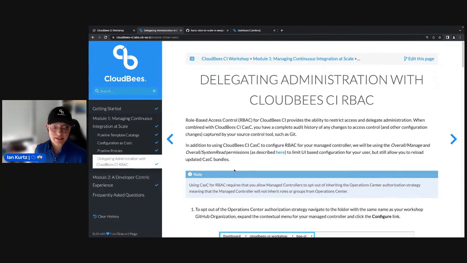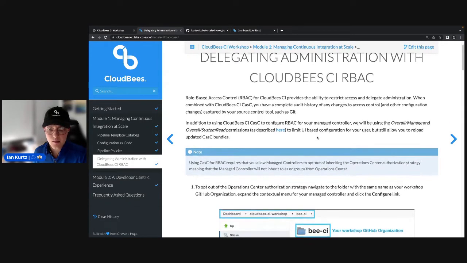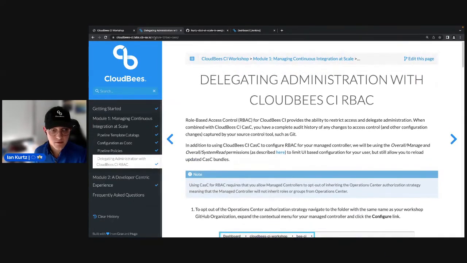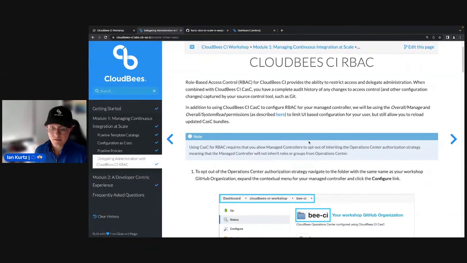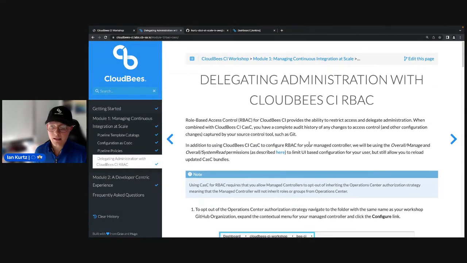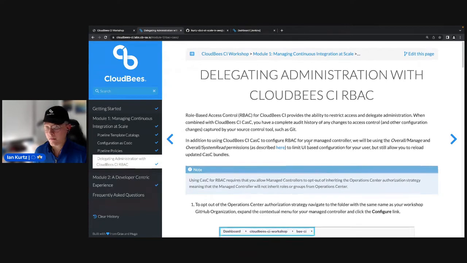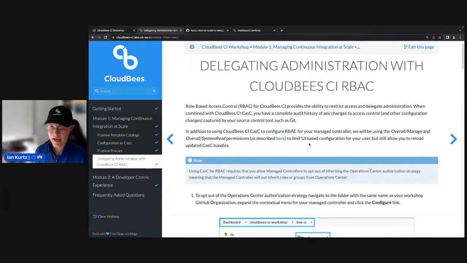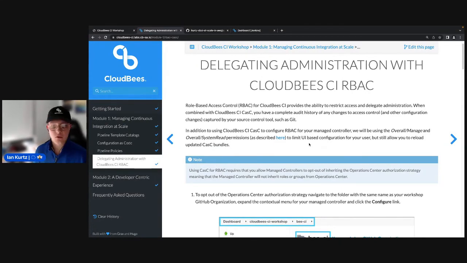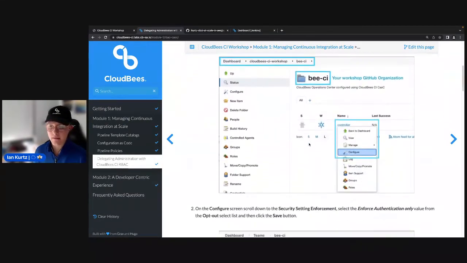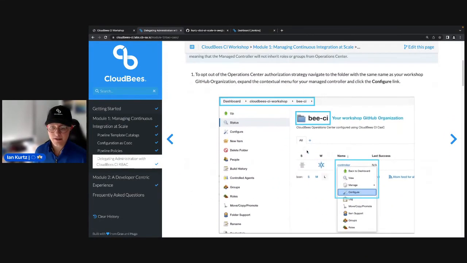And we are on the last and pretty interesting lab with respect to wrapping up the managing CI at scale workshop. And that's really about how we can delegate administration using a role-based access control strategy. And we can, again, use configuration as code to do that. Since we're experiencing some issues with the CasC bundle,